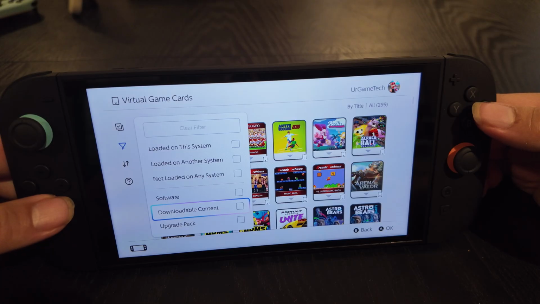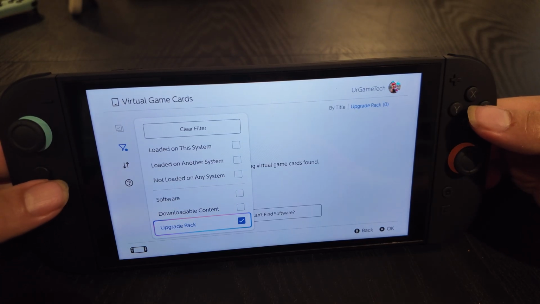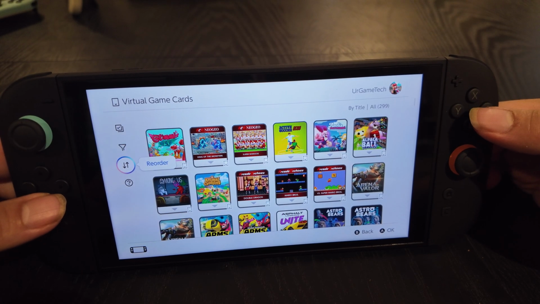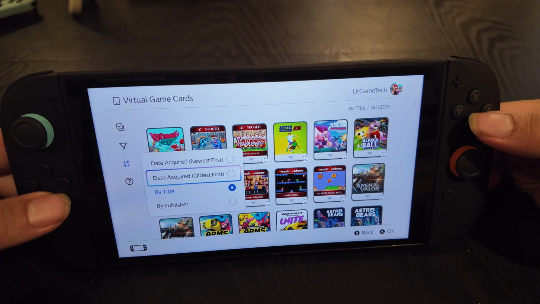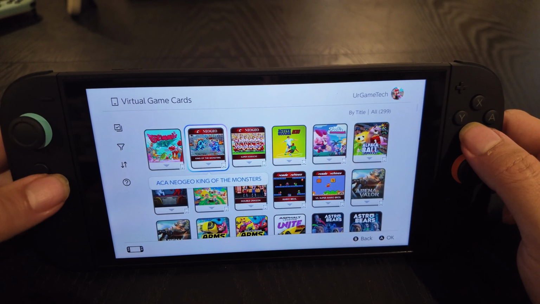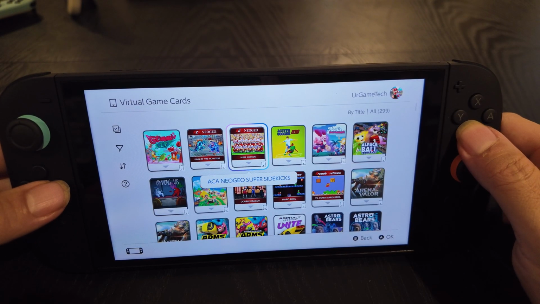You have software, downloadable content, if you want to scroll through that, so you can see DLC. You can see upgrade packs as well. If you want to look at those, are obviously all new categories. You can reorder them by date acquired, oldest, title, and published. So all of that is there for you, so you're all set to go with the virtual game cards and us getting used to that. We'll dive more into this when I do my full review on the